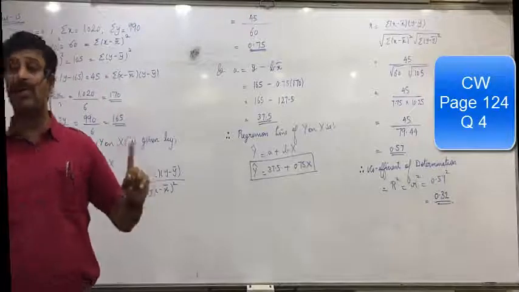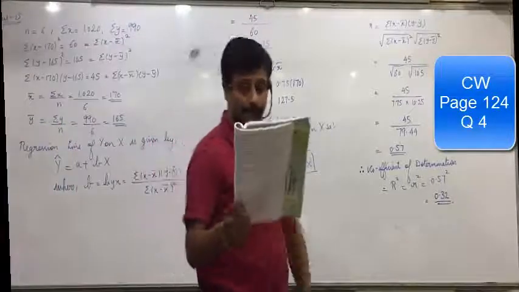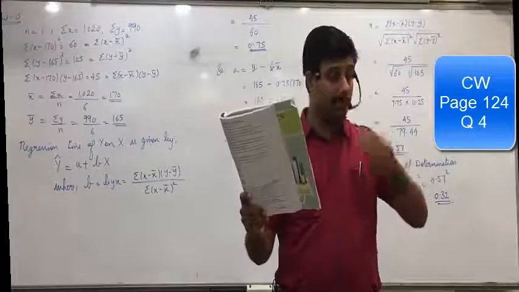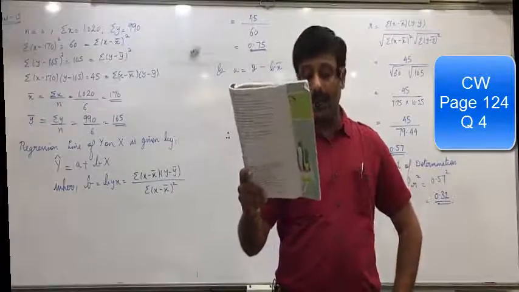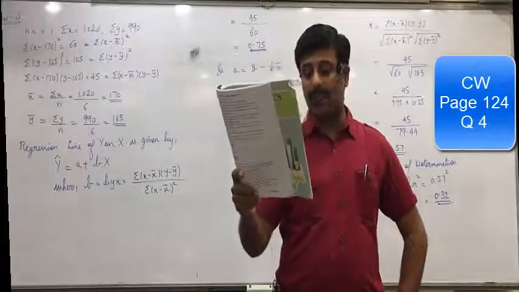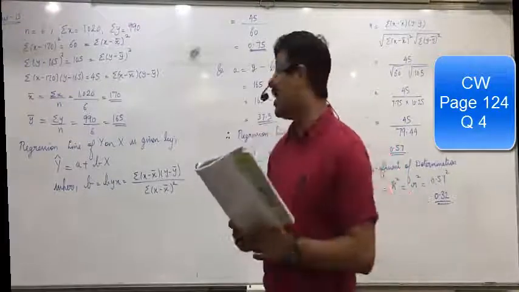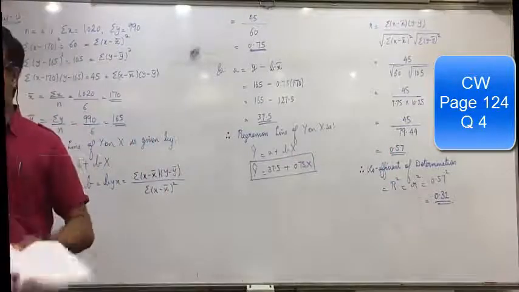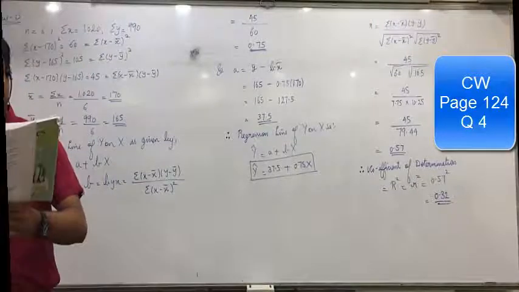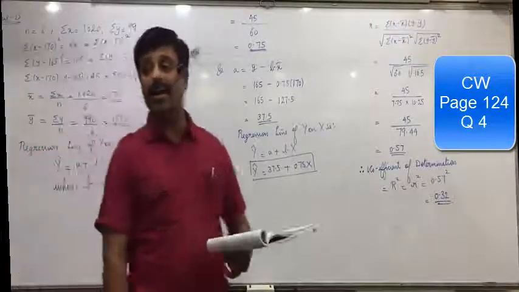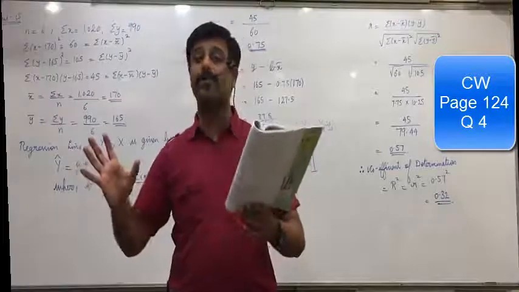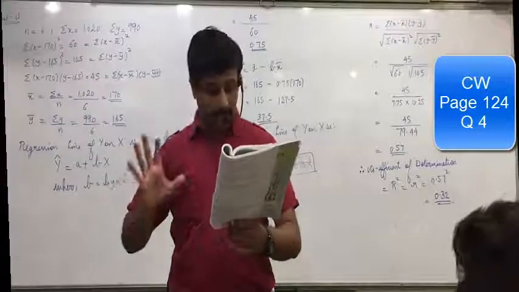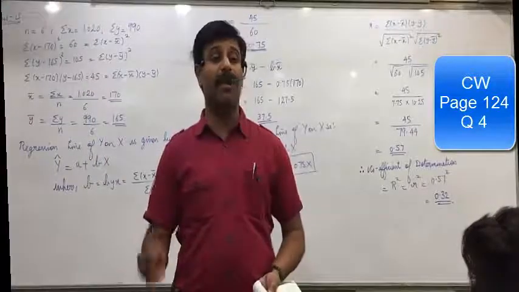Page 124, question 4. I am discussing both the questions, so be attentive. The following data gives the experience of machine operators and their performance ratings. You don't have to denote X and Y. Can you see in the table below, experience is already denoted as X, and performance rating is already denoted as Y. Now obtain the regression line of performance ratings